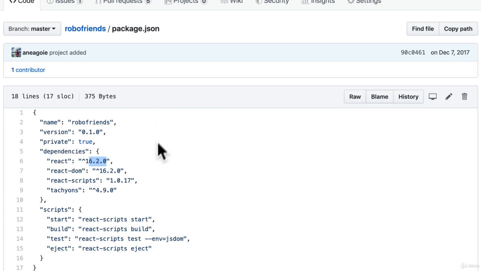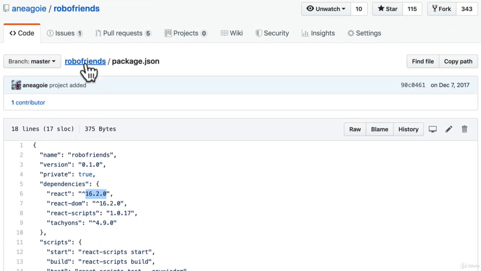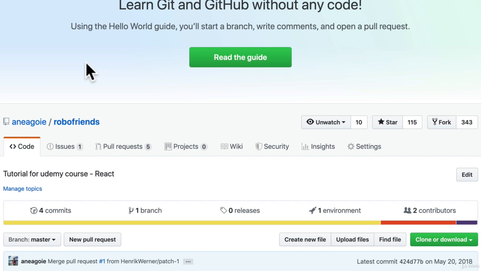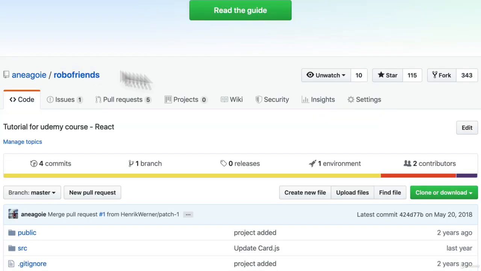But at the end of that section, when we build everything, I'm actually going to go back and upgrade and show you how I would do an upgrade so that we keep our projects as up to date as possible. Now, why would we care about that? Well, if I go to my RoboFriends project, which I'll link to when we finish our React project, if we go to security here,